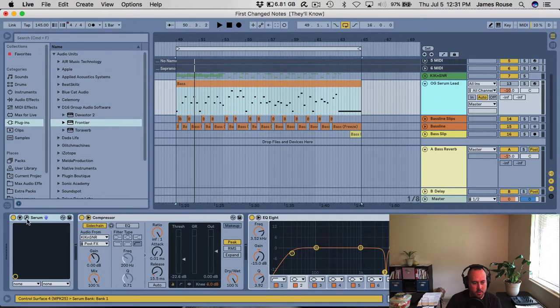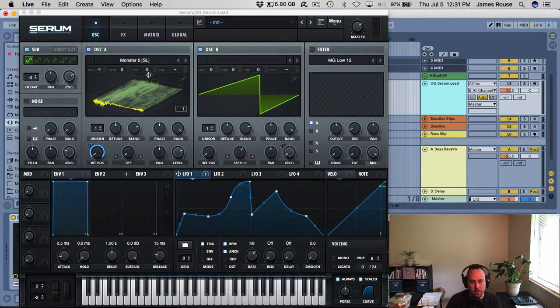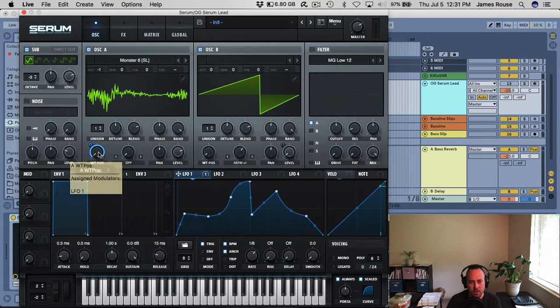This patch here in Serum, this is something that I threw together in probably literally 2 minutes. This is why I like Serum so much. You can pick a wavetable, and what a wavetable is, it's a series of waveforms. So if you scan through the wavetable position, it's giving you a different waveform as you scan through it, and then wherever this wavetable position knob is in that sequence is what that oscillator is going to be recreating anytime